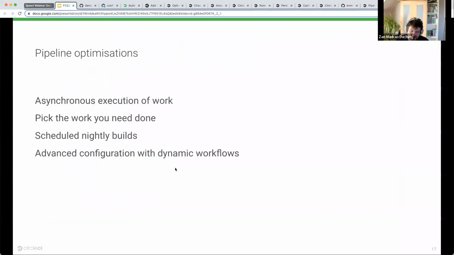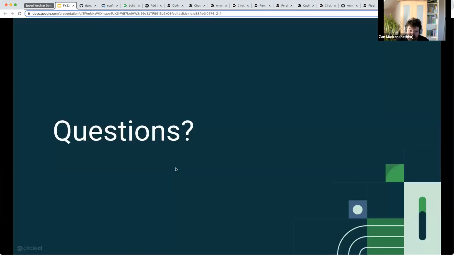So these are some options for further pipeline optimizations. There's a ton more we could talk about. If you have any questions, I would love to answer them. Oh, there was one question